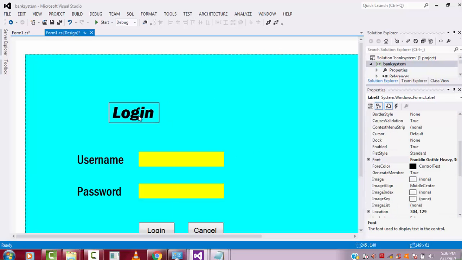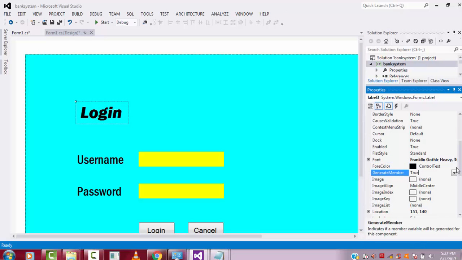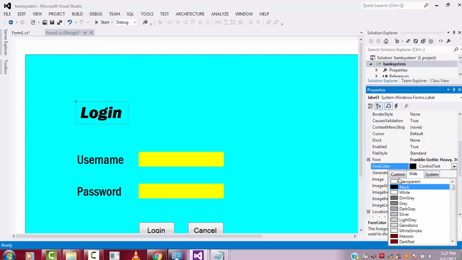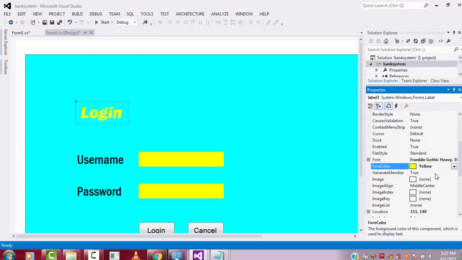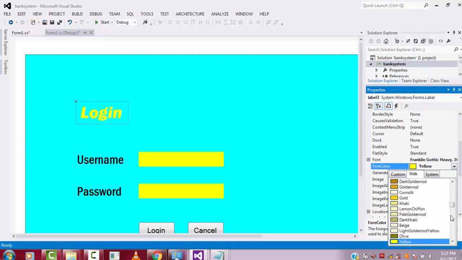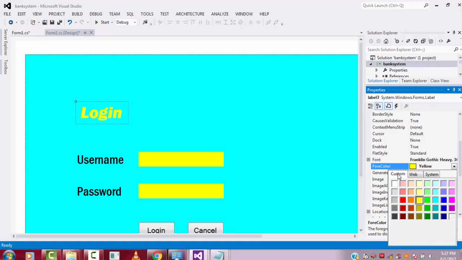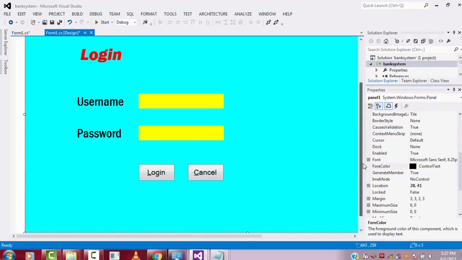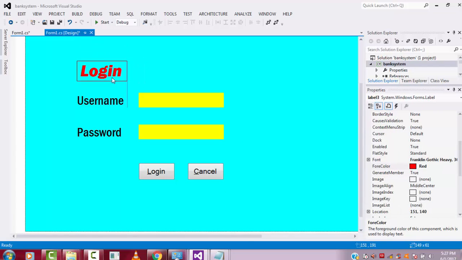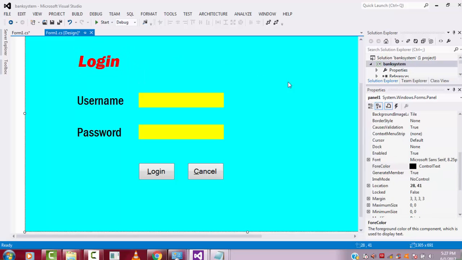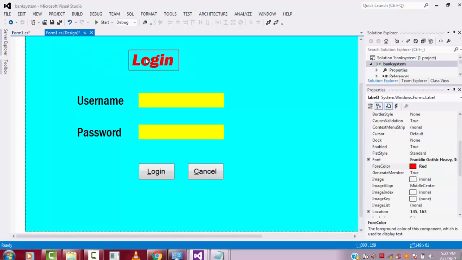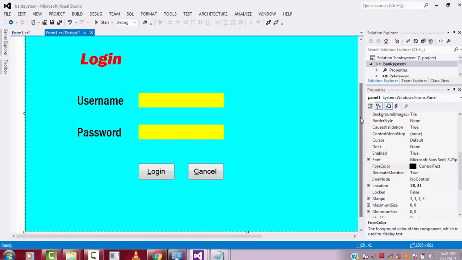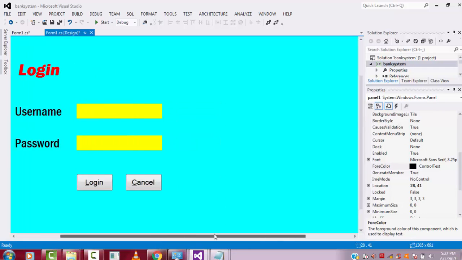Okay, it's perfect. Let's change the color of this heading. No, it's not a great color for that. Something like that. Okay, you have to change the color like that. Here you have to change the login, you have to change where you can write. Now here I have successfully done the login part.